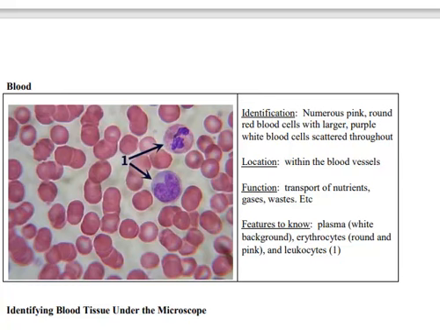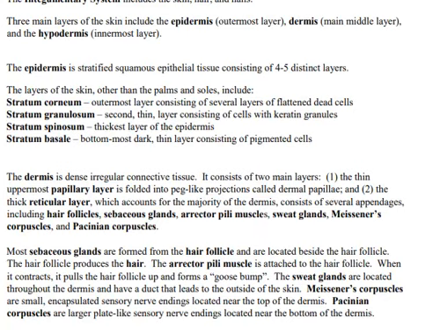The overall term for a white blood cell is a leukocyte. So there's the word leuko, which means white. So white cells. And then we're going to learn the names of the different types of white blood cells later on, not in this lab. The integumentary system includes your skin, your hairs, your fingernails, and there are 3 layers or